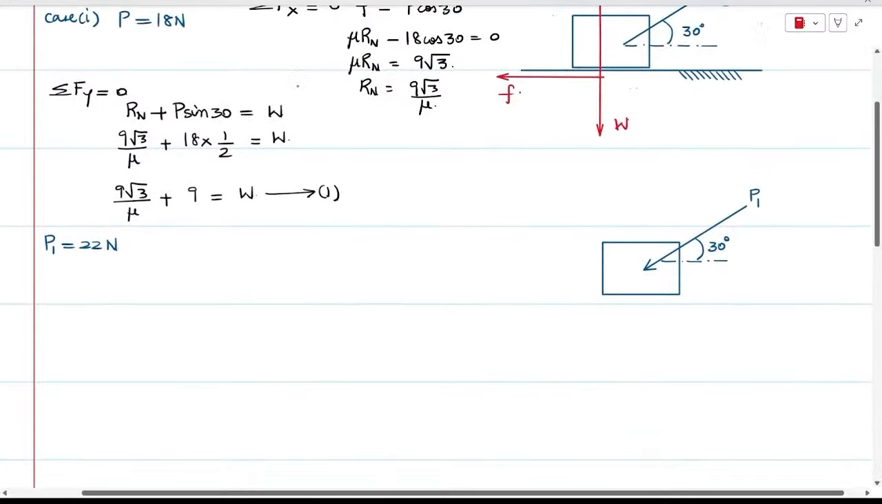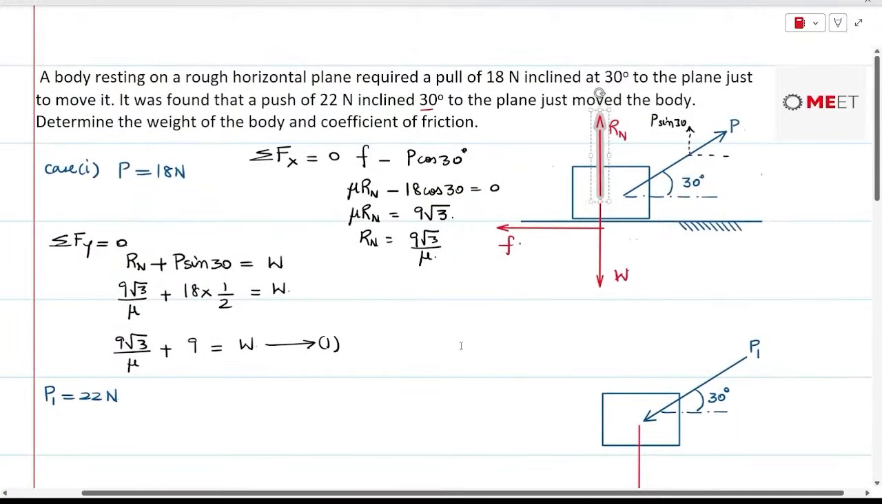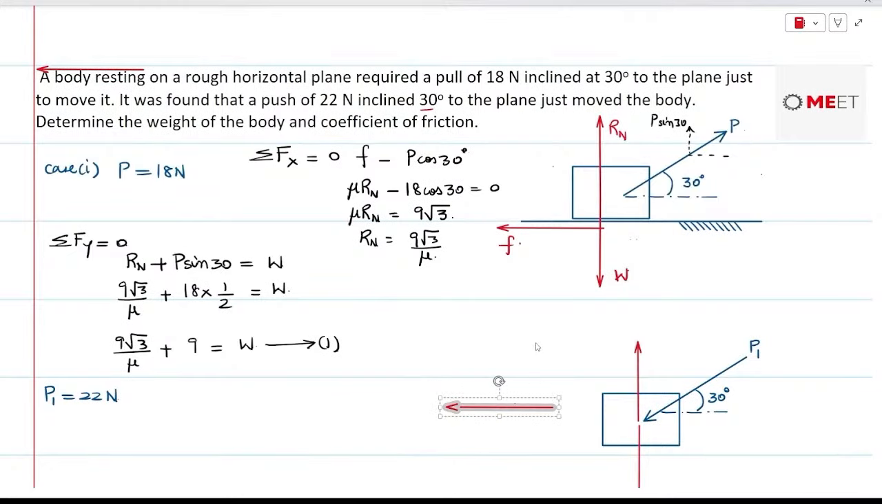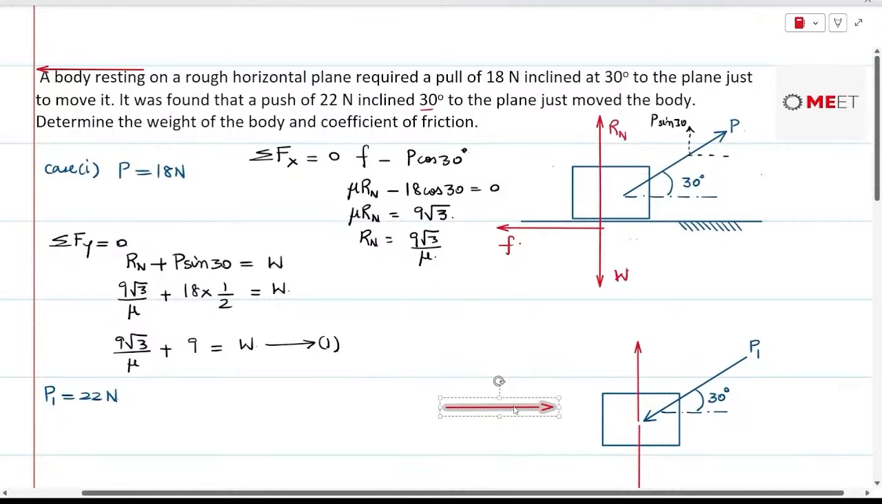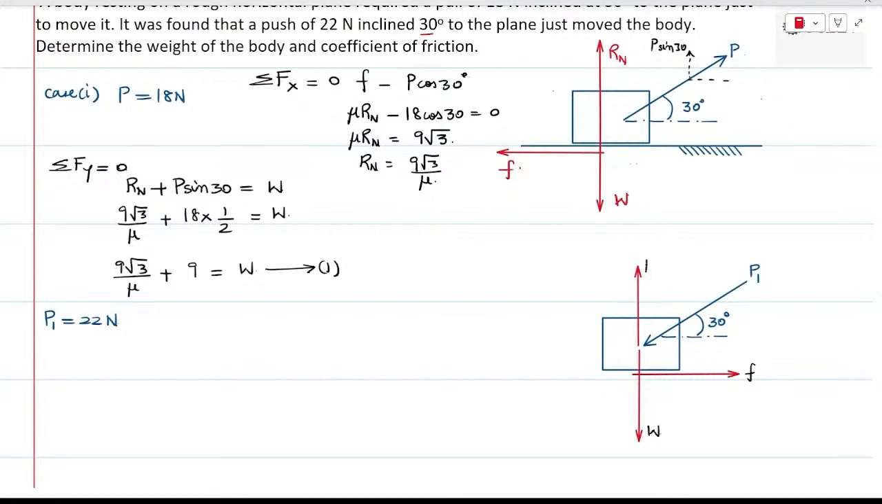Same way in the next case, there will be weight W. So weight W will be the same, that is going to act downwards. Next is the Rn value, which is going to be vertically upwards, and the friction force is going to be opposite in sense. Let me just draw the friction force. So friction force will be opposing this. So this will be F, this will be W, and this would be Rn. So now in the case number 2,